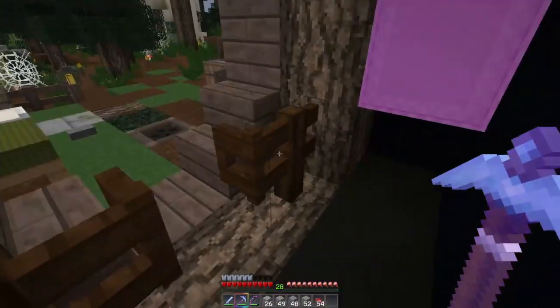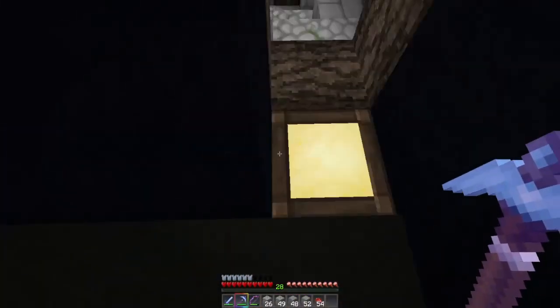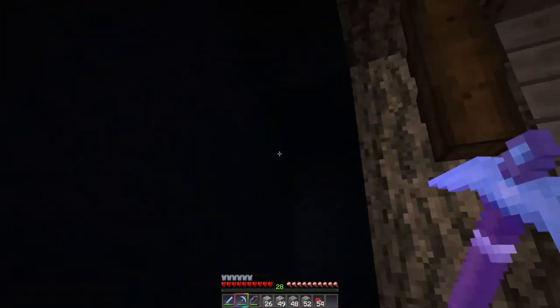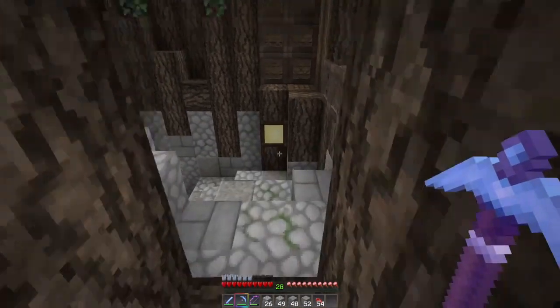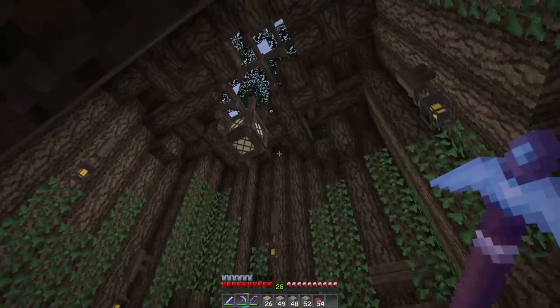I put my sugar boxes there and my stuff. So I switched this. It's really squeezy and tight in here. But you gotta walk through here and through this little hole. And then basically you come inside the stump,